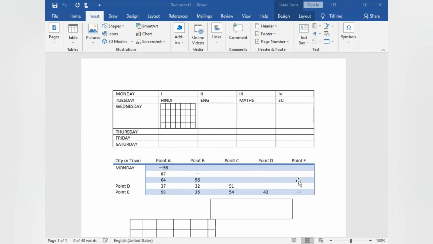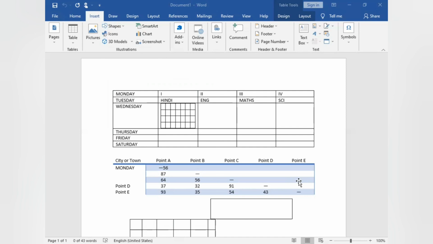There are so many things you can do with your table. Screenshots, charts, SmartArt, shapes, icons, 3D models, online videos, links, add-ins, comments, everything you can use in your table. Okay, friends?